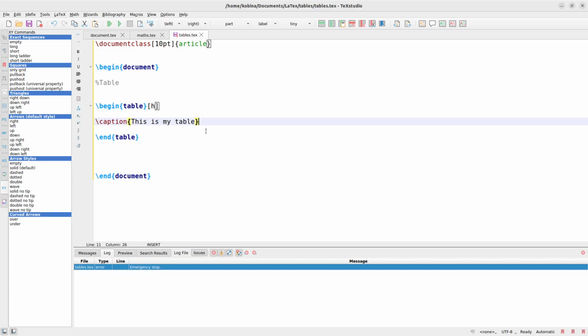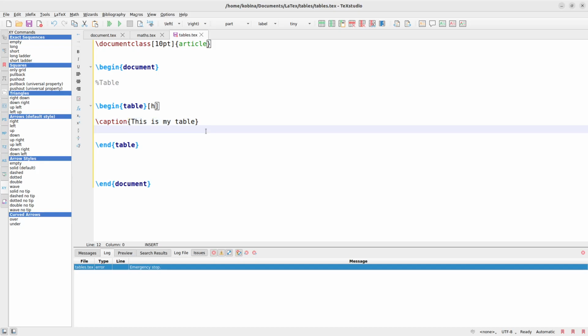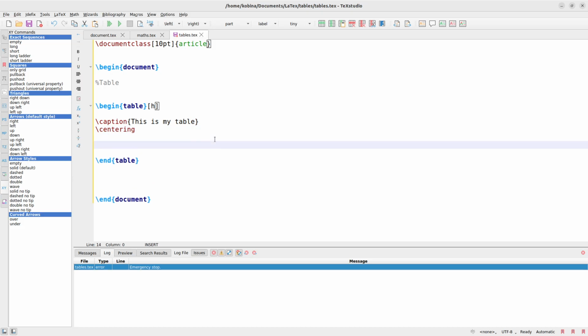And LaTeX also keeps track of tables. So if this is your first table, it's going to be table 1, table 2, etc. All right. Now, here we also want to center it. So I'll just say /centering to center the table. And then when I move to the next line, I'll just say /begin,